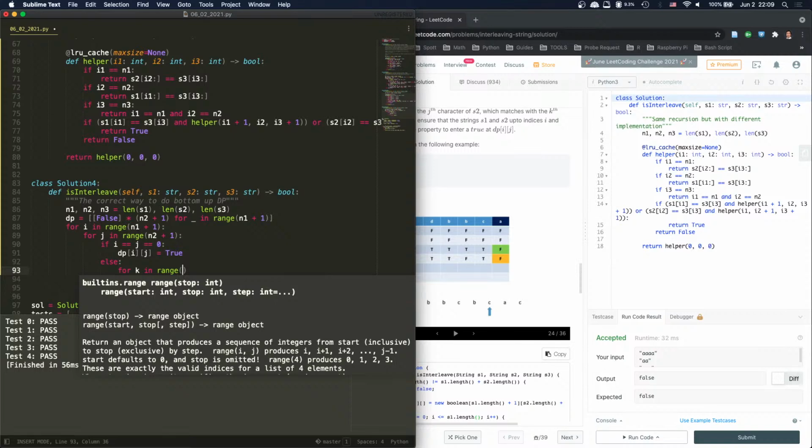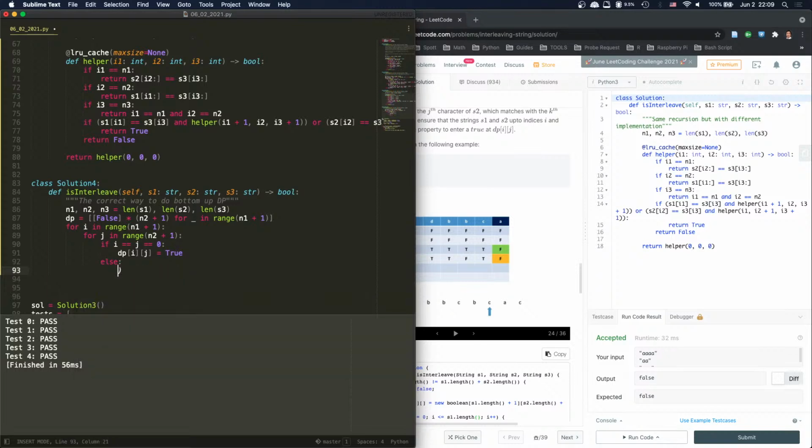Else, if both are 0, that's a true. Else, I think it's just as j going along, right? As j going along. So we're going to say as j goes along,